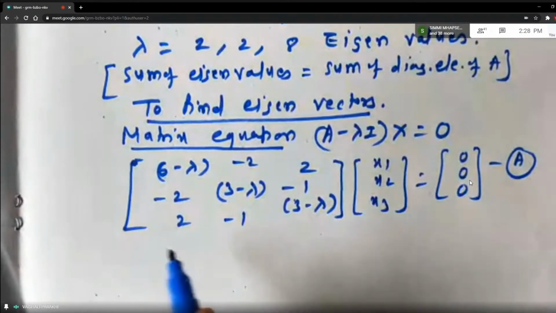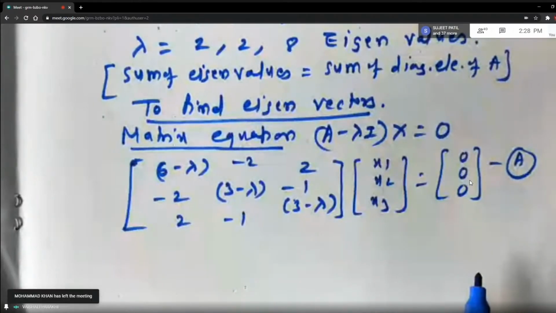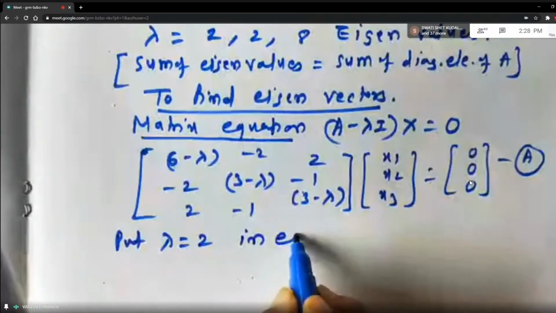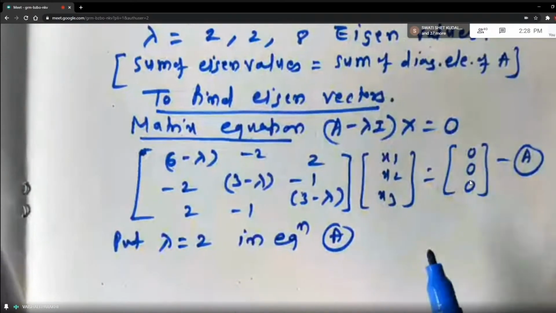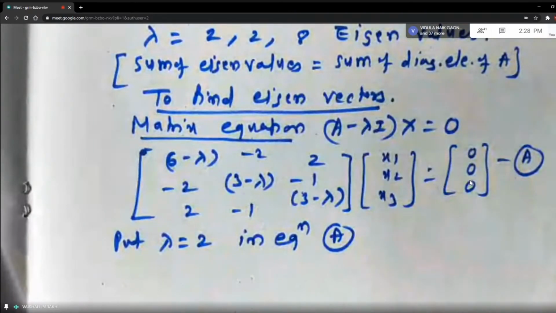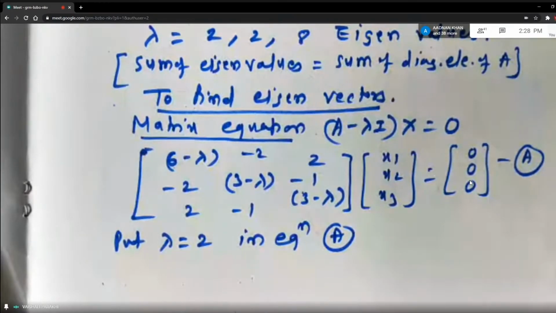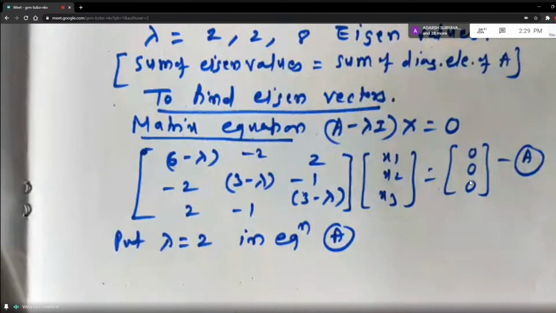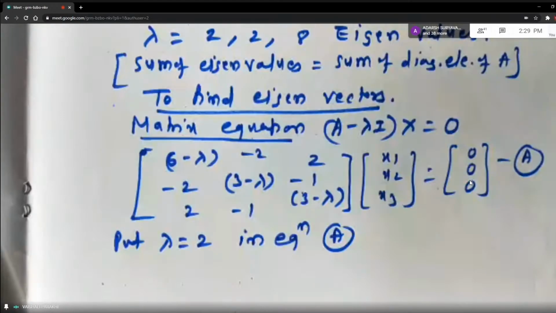Now tell me, students, what is the next step? You have to put these eigenvalues one by one in equation A. So let us put lambda is equal to 2 in equation A. Now be careful, this eigenvalue is repeated, students. So you are going to get equal equations, right? So you are going to get the answer in terms of K1, K2. All these things you can predict by practice. For repeated eigenvalues, we get equal equations. And this one eigenvalue itself is going to give you two eigenvectors, because you have to choose values of K1 and K2 like in the last problem.